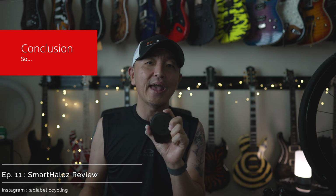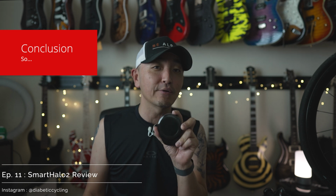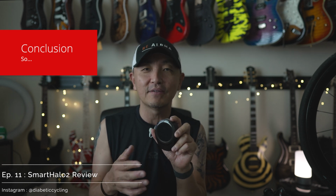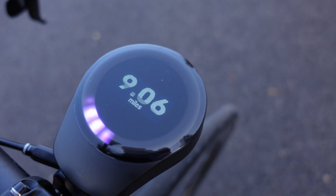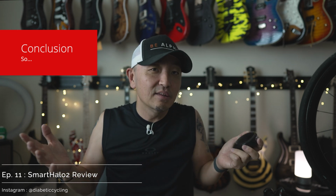During the standby mode, after it was charged at 100% and you're not really taking it out to ride, it seems to be holding charge pretty well. And during the 1 hour ride that I took this out on, which was actually more than a ride because I stopped and did filming every now and then, it didn't lose one tick on the battery life. So be that as it may, I don't know if that really tells you anything, but